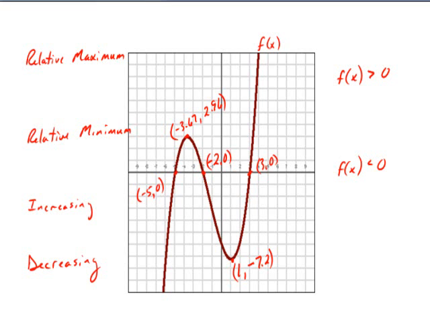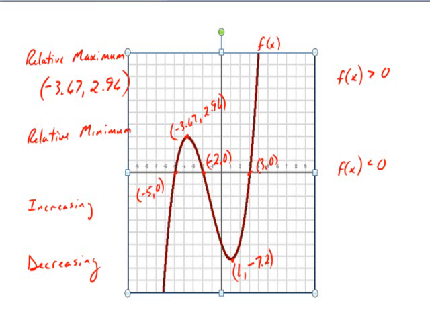First of all, you should see the x-intercepts: (-5, 0), (-2, 0), and (3, 0). Also, we have a local maximum or a relative maximum at the point where the curve has a peak at (-3.67, 2.96). I'm going to write that down for relative maximum. Relative maximum means relative to the points in the area, it's the highest point, or we also can call it the